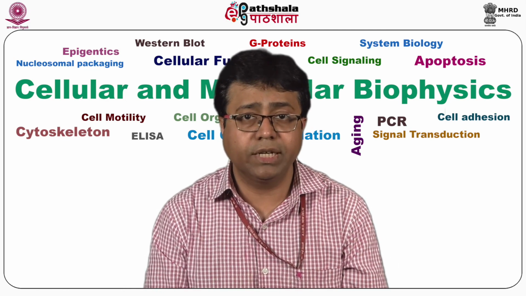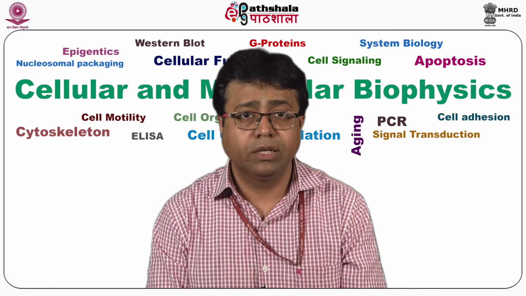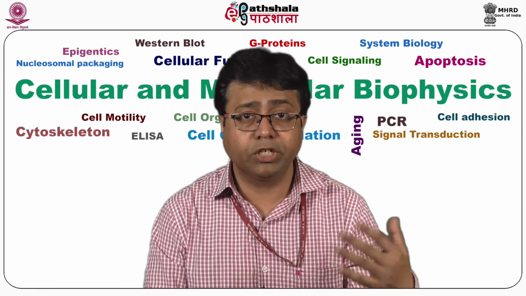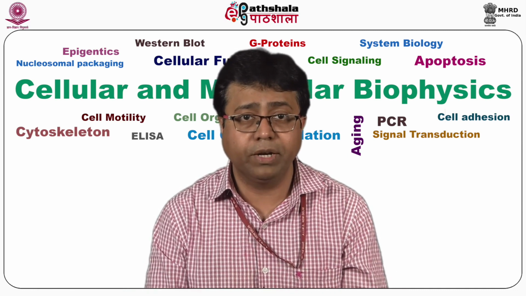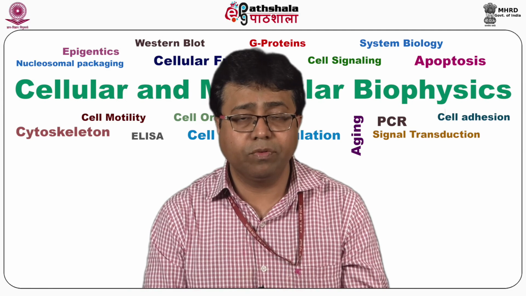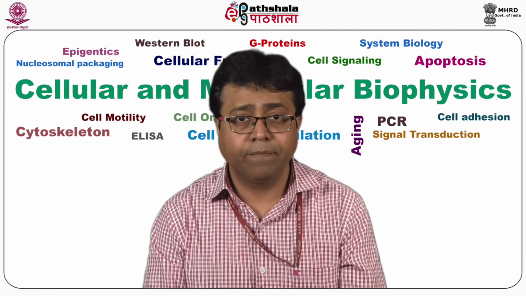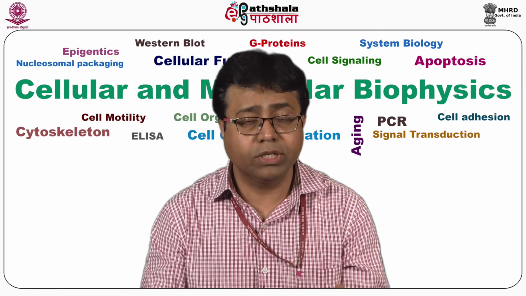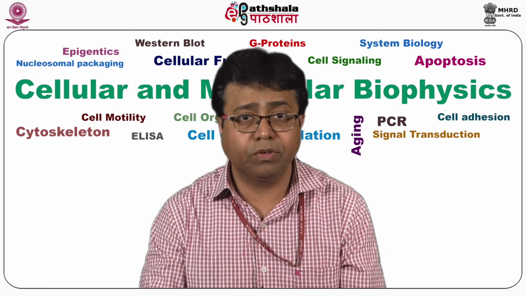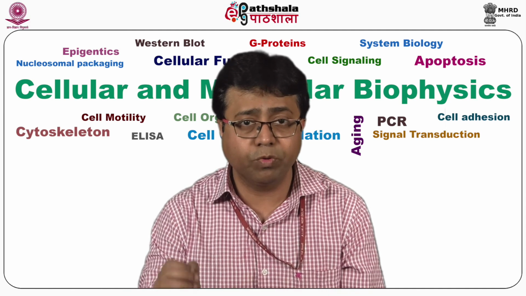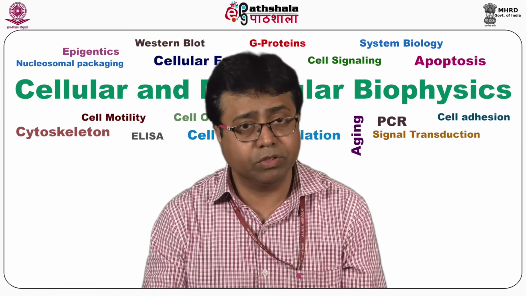Now, the fragments of DNA and RNA molecules are separated by gel electrophoresis, and then transferred to a nylon or a PVDF membrane, and then depending upon what kind of molecules are being transferred, it is either a Southern blot, Western blot, or Northern blot. We had also discussed the applications of each one of them, very briefly, but we are going to go into more detail in our subsequent slides.